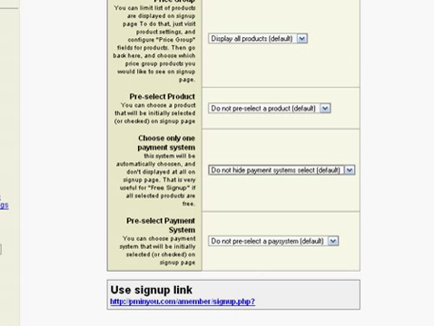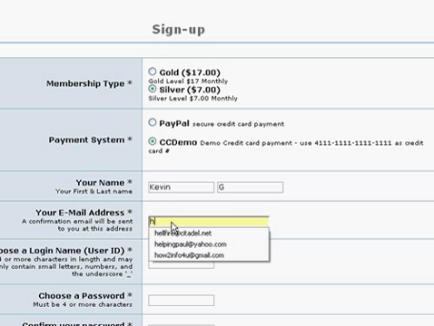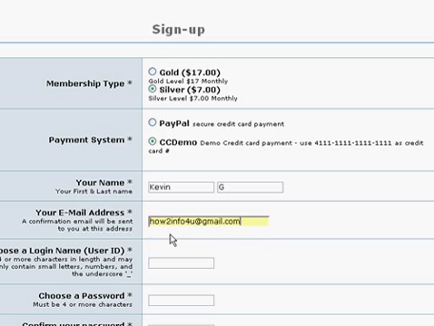So here we are going to sign up for the silver membership. We're going to use the CC demo credit card. Here's the number they want us to use so that there's no charges actually involved. And the name, we're going to go with Kevin G. Email address, I'm going to use my Gmail account,